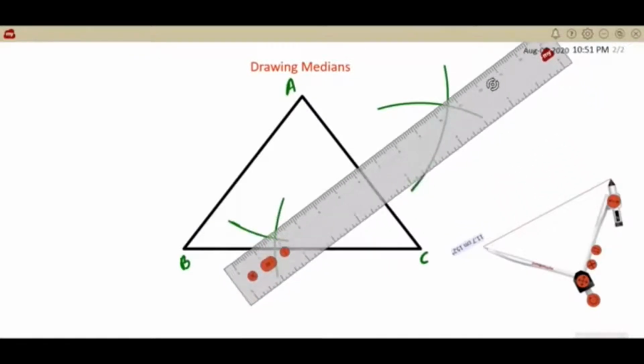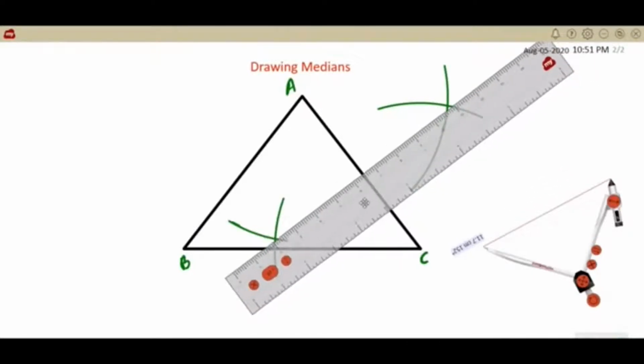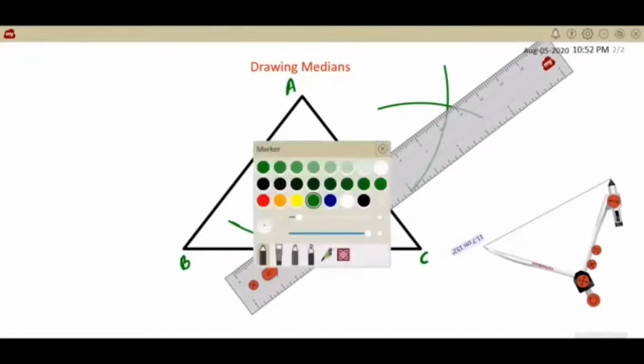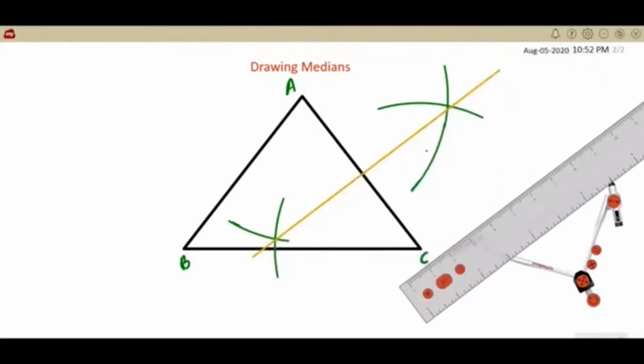This kind of fine adjustment is required in your case also. Even if you are drawing on paper, the scale should be kept so perfectly that you will get a correct diagram. Otherwise it will not match. Here I am finding it a little difficult because the digital scale won't follow very sharp or very fine movement. That's the problem. Anyway, this way you can connect the two intersections and that line is passing through